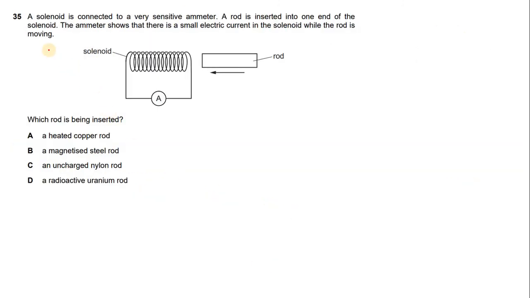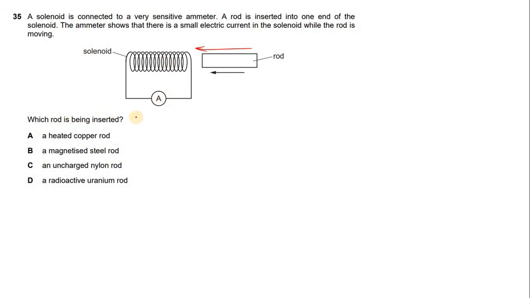Question number 35. A solenoid is connected to a very sensitive ammeter. A rod is inserted into one end of the solenoid. The ammeter shows that there is a small electric current in the solenoid while the rod is moving. So when you insert a rod into the coil, we see the current. That means we have electromagnetic induction: moving a rod into the coil, an EMF is produced, current is